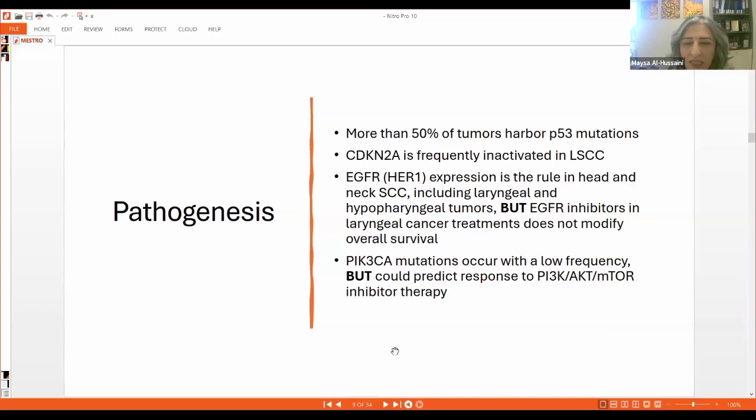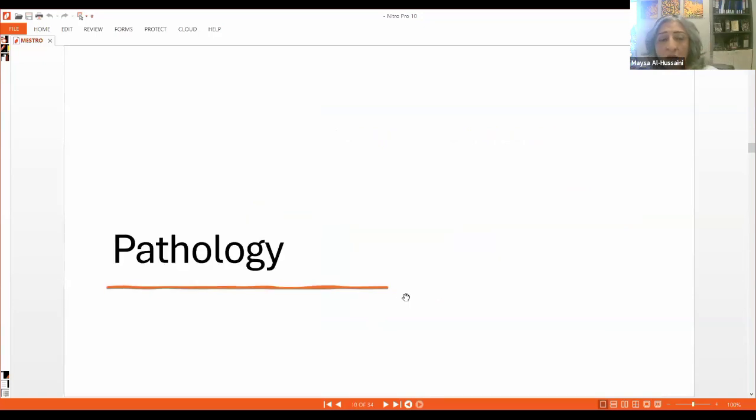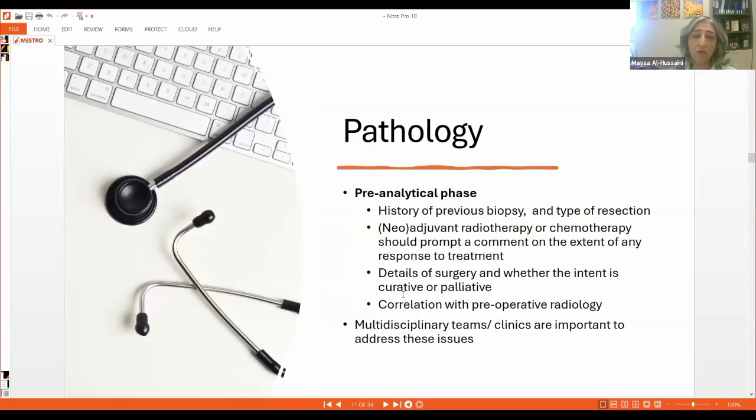In occasional cases, really, this is a rare occurrence. The PIK3CA mutation rarely occurs in laryngeal carcinoma, but when it does, this is associated with potential for response for targeted therapy. Now, moving into the main bulk of the lecture, talking about pathology, and as I explained before, I alluded to